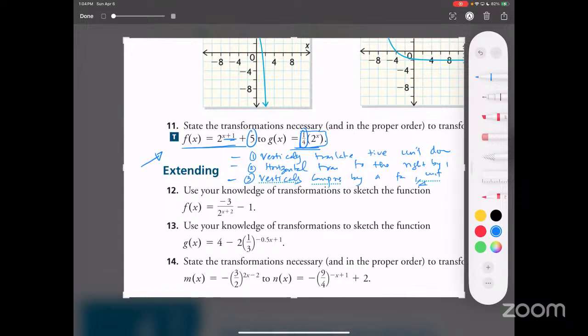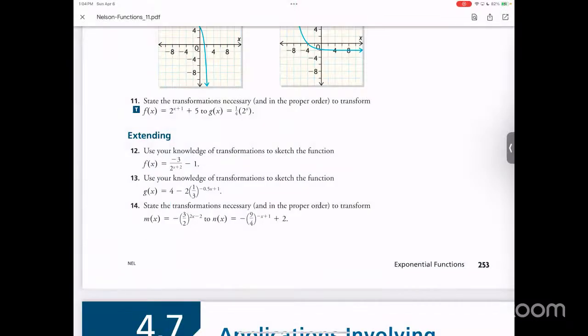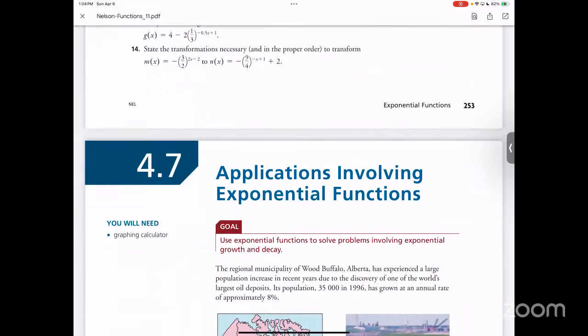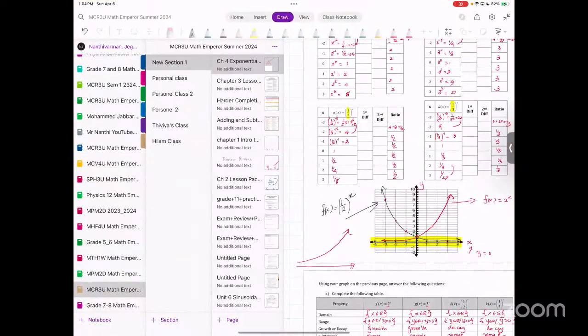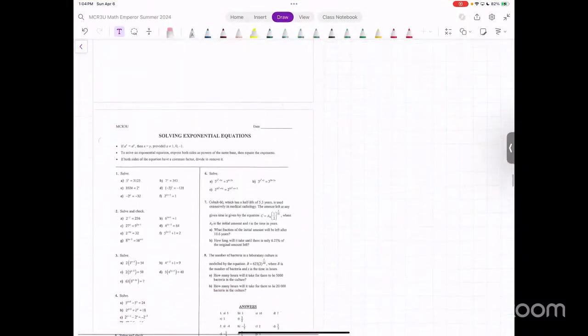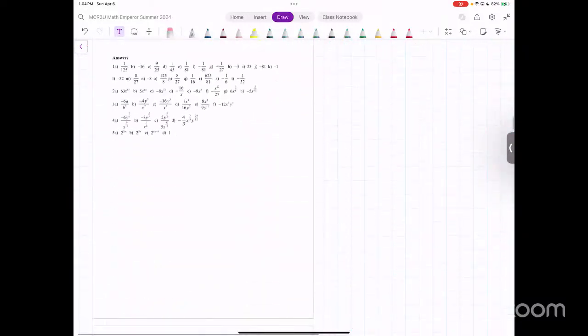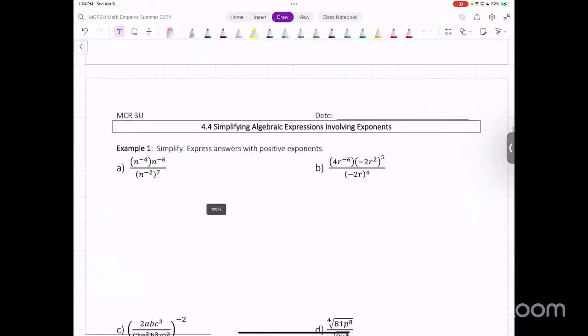All right. Now I'm moving back to my applications. We will go back to the next class. We're going to move back to an easy one. It's called solving exponential equations. But before we do that,